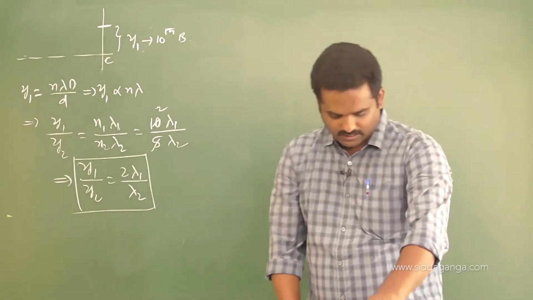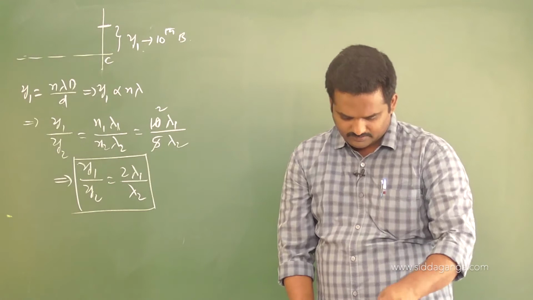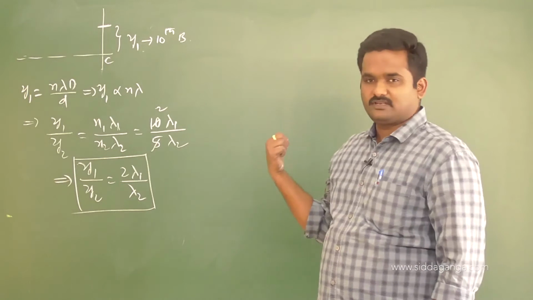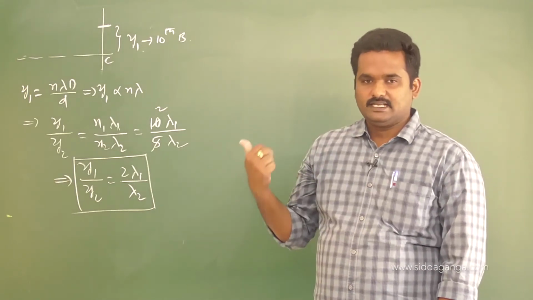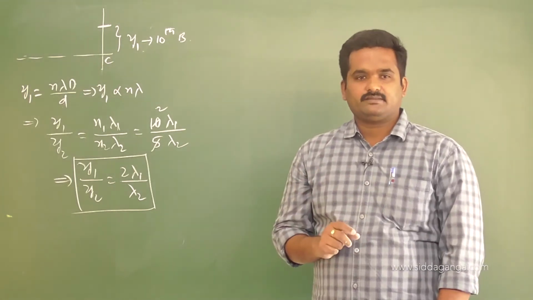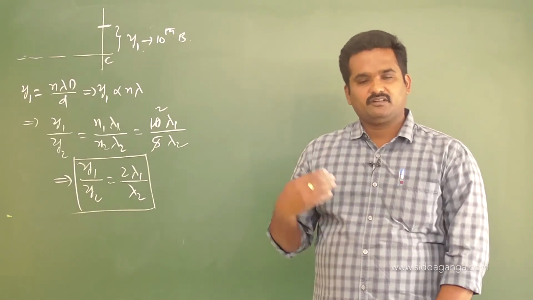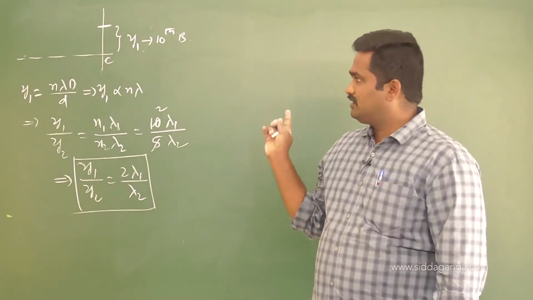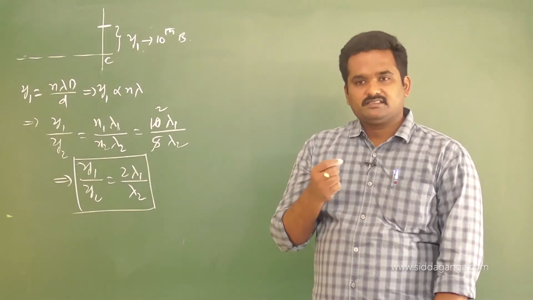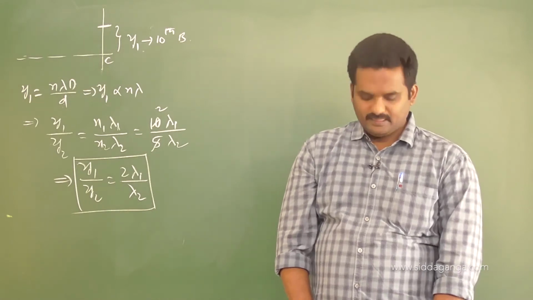Soon after this you have homework problems here. I ask you to go through all these homework problems. The same number, 30. The same models we have studied in the classwork I have discussed. The same number of problems, and the model problems are also the same, only the numbers have been changed. If you are able to solve all these problems on your own, take half an hour or 40 minutes as practice. If you are not able to, rewind and go through the solutions we have done for this classwork. Please go through them again, and once again, without looking at the solution, you have to solve this. That's the way you have to practice.